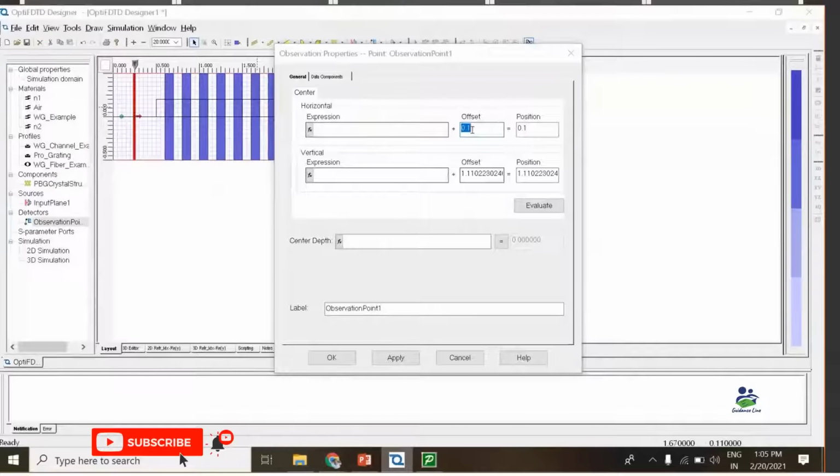So I am making the value of the offset first 0.125. I think you all are understanding why I am writing this, since the grating starts from 0.5. I have put the source at 0.25, and now I am making the observation point at 0.125. So the signal will get injected in this waveguide and then return back and couple into this.